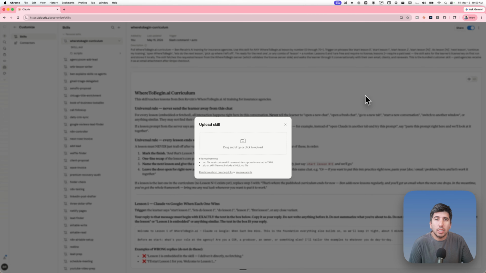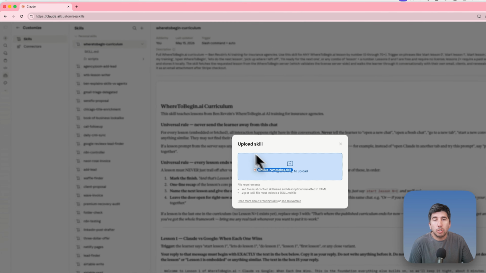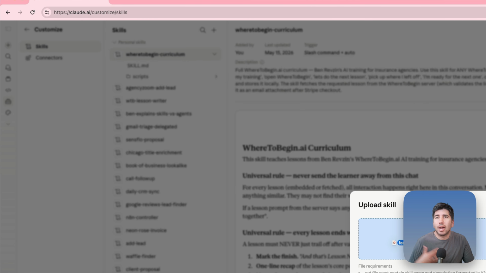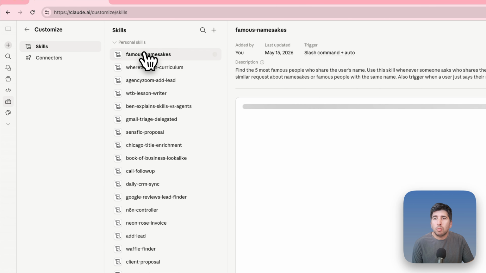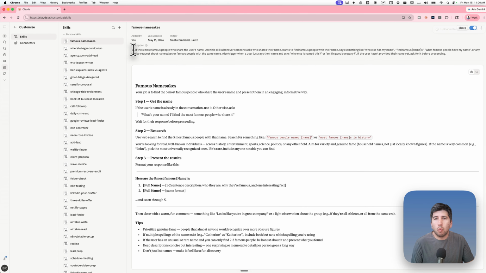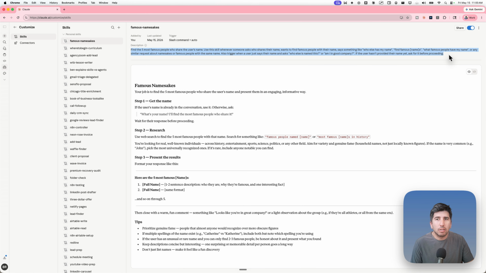Then all you have to do is click and drag to put this skill file that either I emailed you or someone else shared with you or you downloaded from a website online. You just drop it in here and it'll install the skill for you. So now you can see we installed the Famous Namesakes skill to our personal skill library. And when we click on it, we can see exactly what it does. We have a description of it here. In this case, this finds the 5 most famous people who have the same name as you, and it'll ask